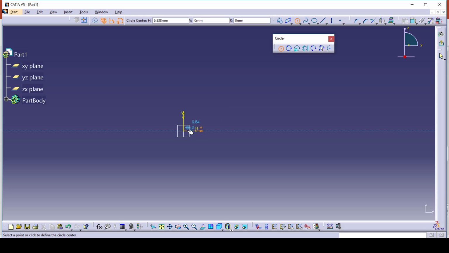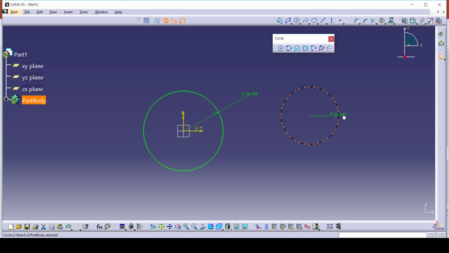I'll just click it and snap at the origin point. As you can see, just the radius is enough to define it, or else when you select it, in your sketch tool you can find the coordinate points, horizontal and vertical, along with the radius. Wherever you want, you can place it and just define the radius of the circle.